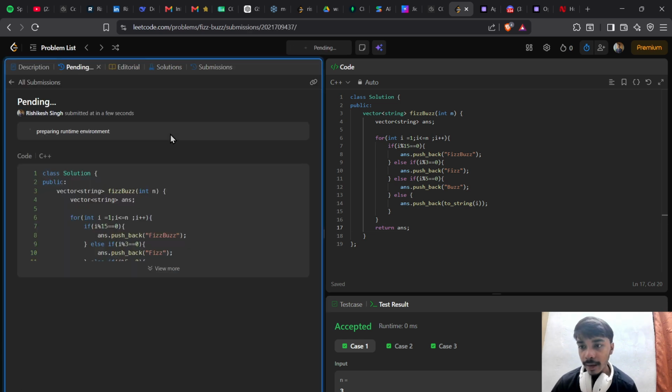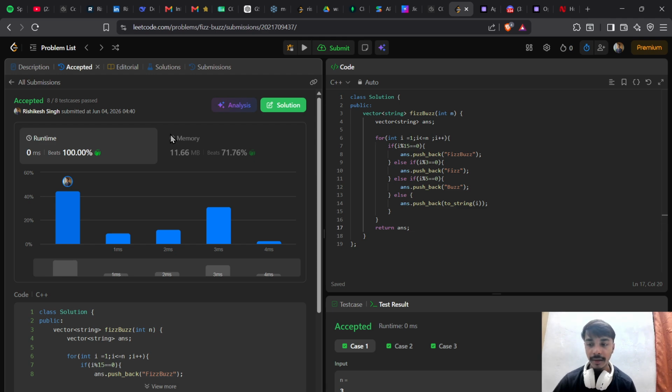So what we are doing over here is we traversed from 1 to n, checked every number and its divisibility, pushed the correct string into another vector, and finally returned the vector. So that was it. Time complexity was O(n), space complexity was again O(n) because we store all the answers in a vector, and that's how we solve LeetCode problem 412 Fizz Buzz,